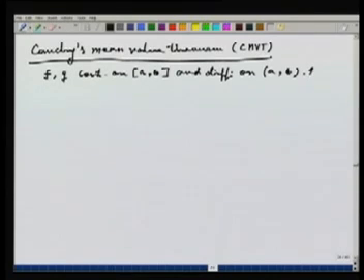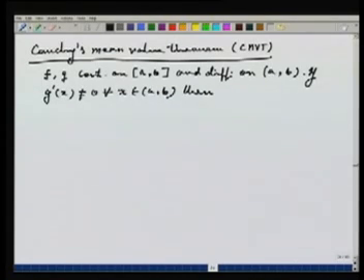If g prime x is non-zero for all x in the open interval AB, then Cauchy's mean value theorem says that there exists a C in the open interval AB